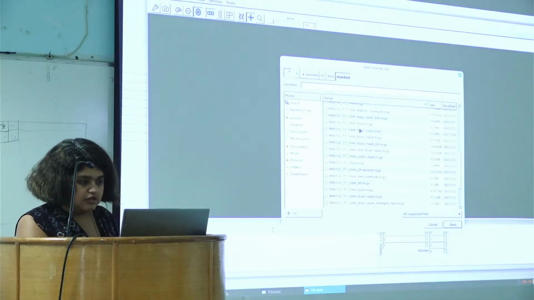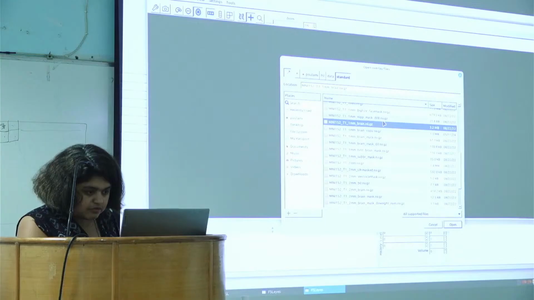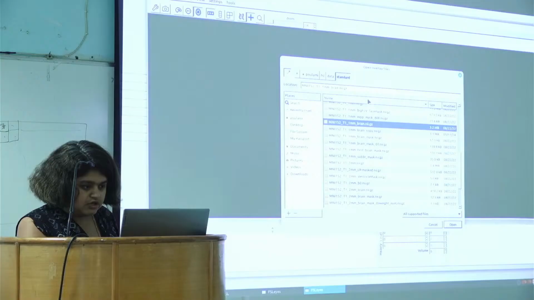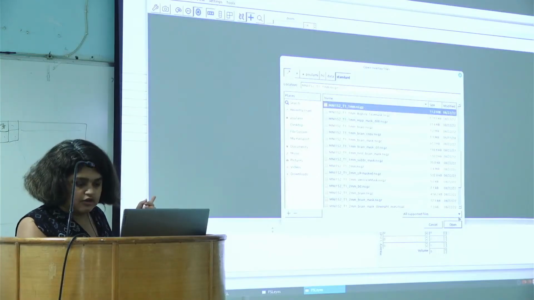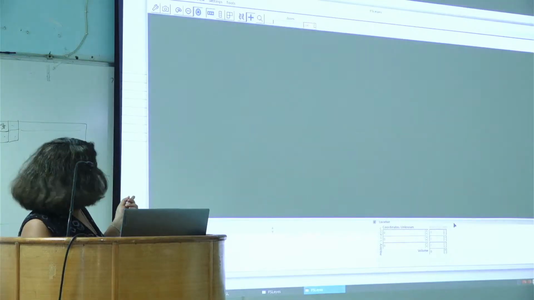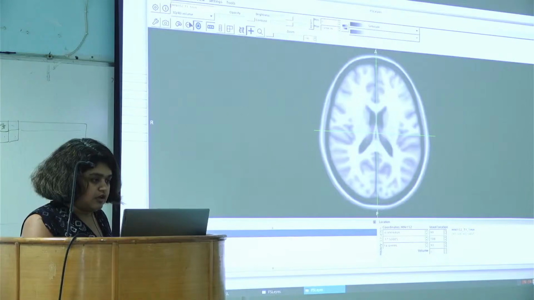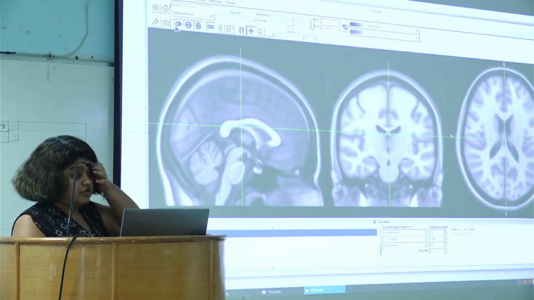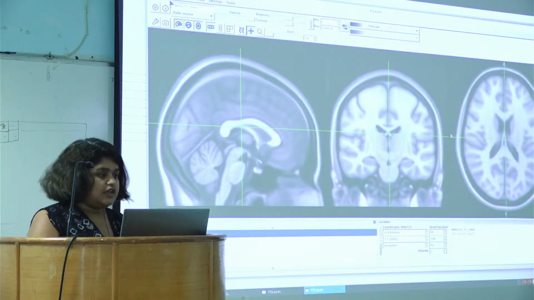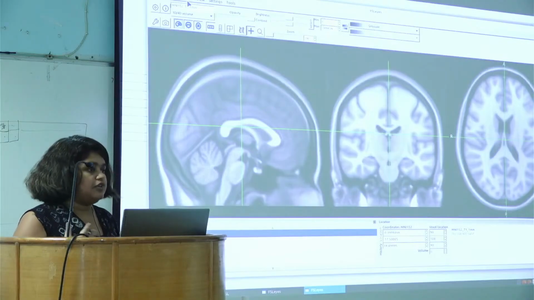For example, I'll just go for MNI T1 1 millimeter. So this is the MNI template where the voxel size is 1 millimeter, and you can see all the slices, coronal, axial, and sagittal. And if you want to see any image that you have obtained from your